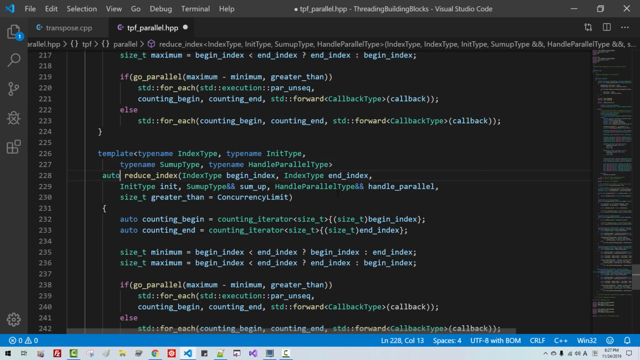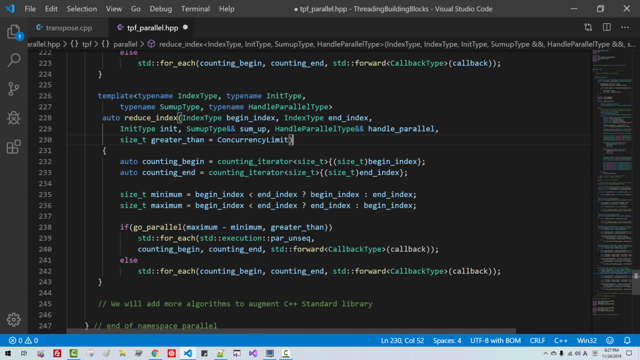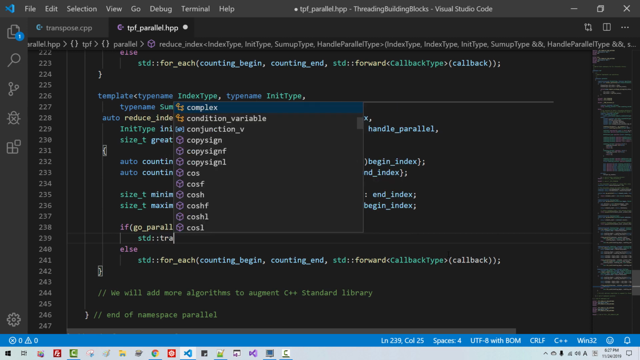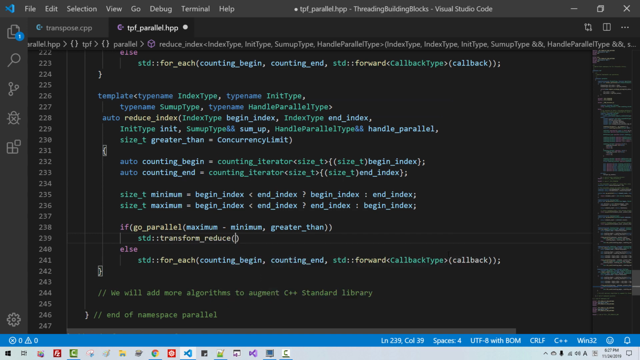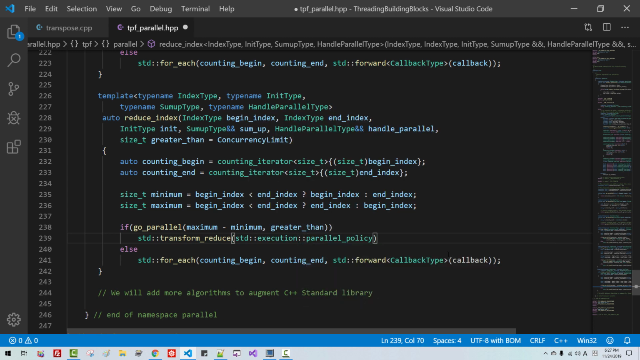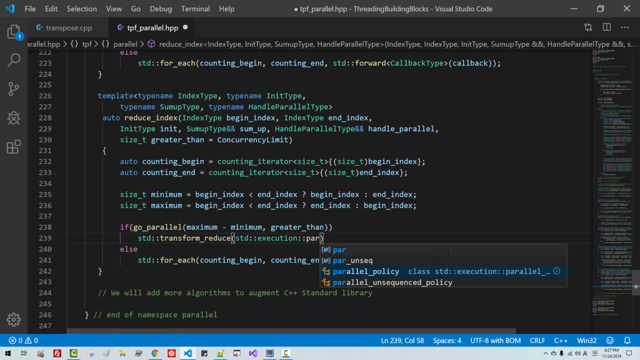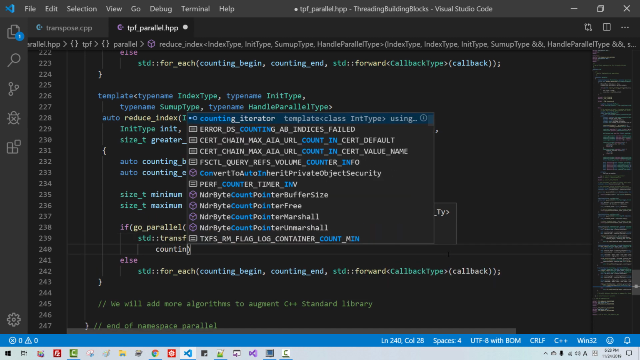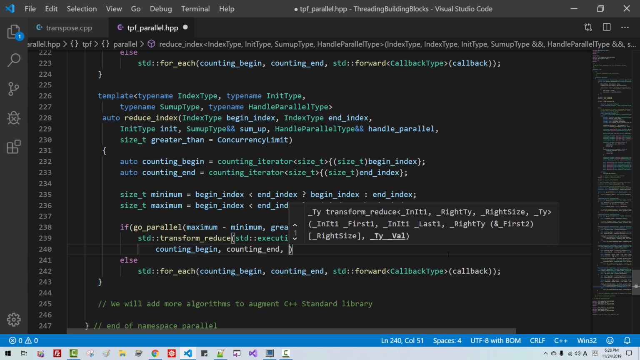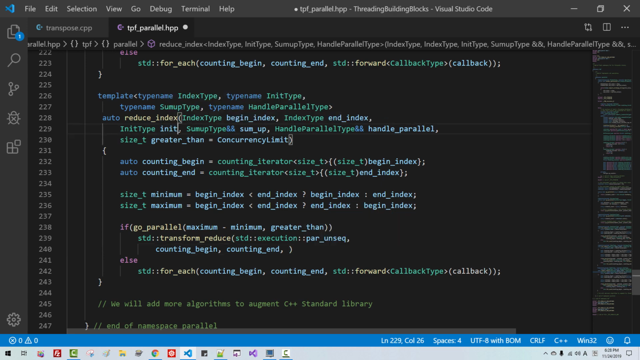And return type should be auto. Now with this, instead of this, delete std transform reduce, std execution par unsequential, counting begin, counting end, init. I say init value, then sum up,